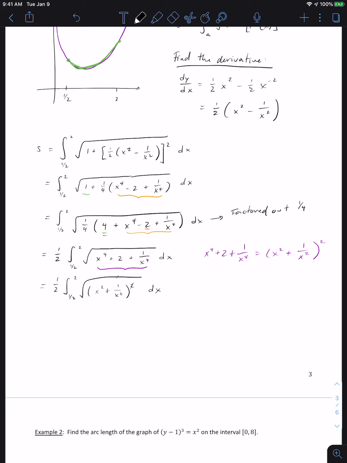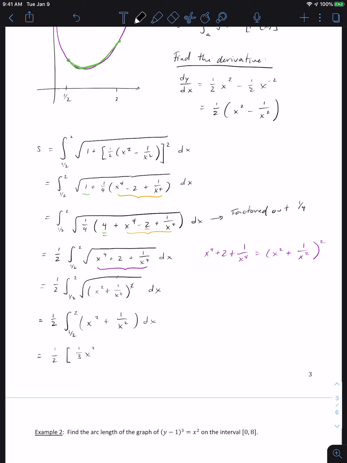And again, the squareds in the square root cancel out, and I'm left with 1/2 the integral from 1/2 to 2 of x squared plus 1 over x squared dx. Now that is an integral that we know how to solve. Right up here at the beginning, this integral we couldn't solve, so we had to play some algebraic games. Right? So at this point, this becomes 1/2,